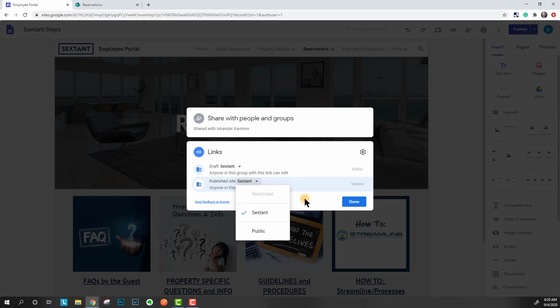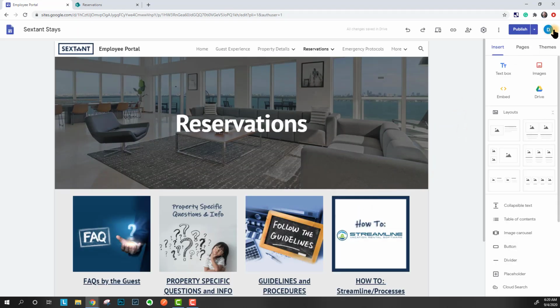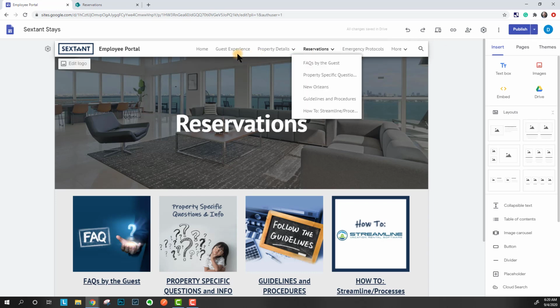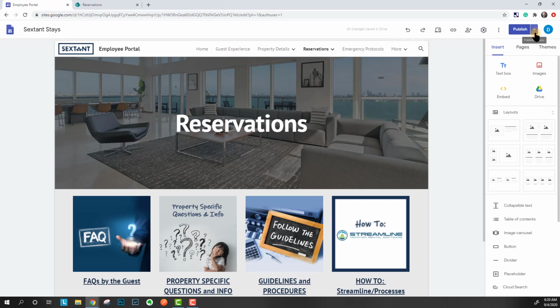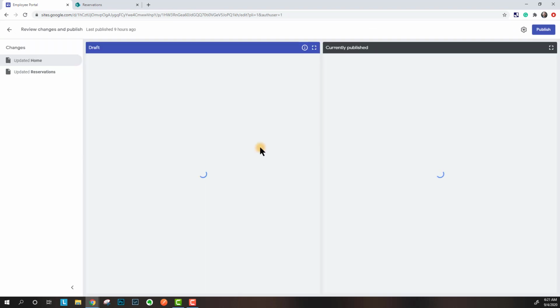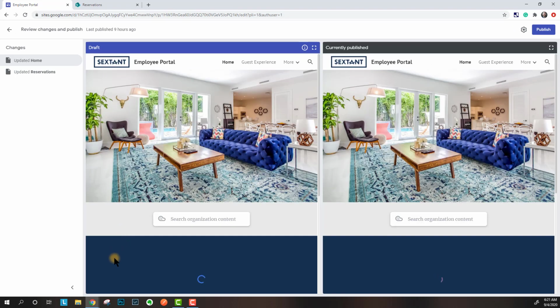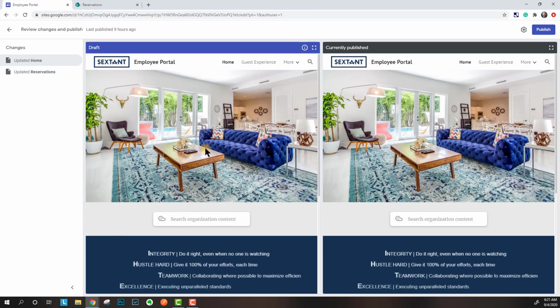And then also for publishing, all that kind of thing. So what happens is, say Joe, who's the director of guest experience, goes in and makes a change. And I'm going to just do one small change so it actually registers here. Any change, I just added an S to this. Any change that happens, basically you can go and say review changes and publish. And so it basically does like a true website design where it'll show you the draft of what somebody is